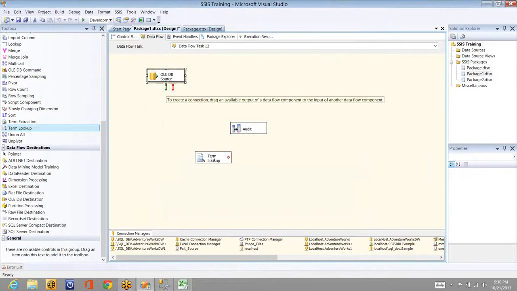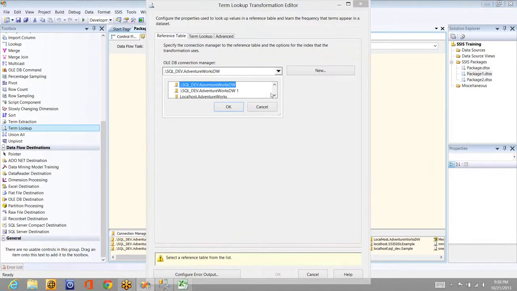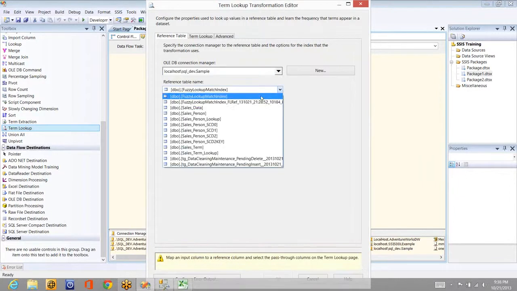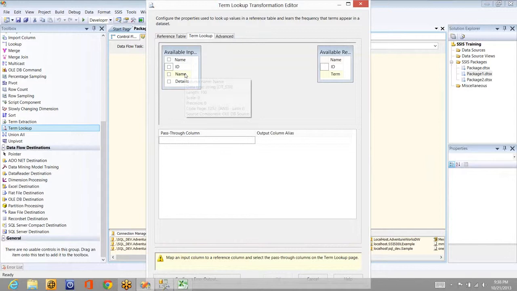I'm getting the source, OLEDB source, to the term lookup, and in this term lookup we need to set which table has all the terms it can go for lookup and compare whether the value is the same or not, and whether the value is available or not. Sales term lookup is the table, and here it should be based on the details and the term.